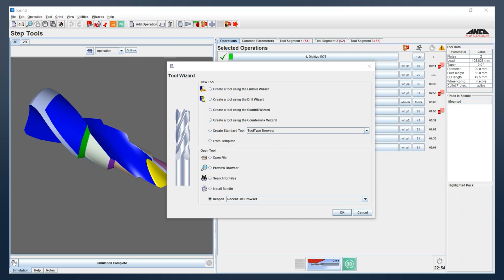In today's episode, I want to have a look at a new feature that's recently been added through the Tool Wizard or the Drill Wizard, and that is the ability to create a sealand on multiple steps quite easily. So if we use the Drill Wizard